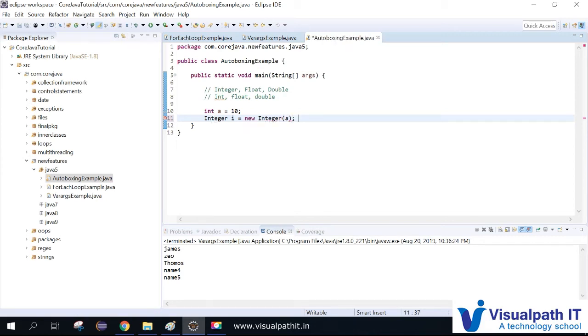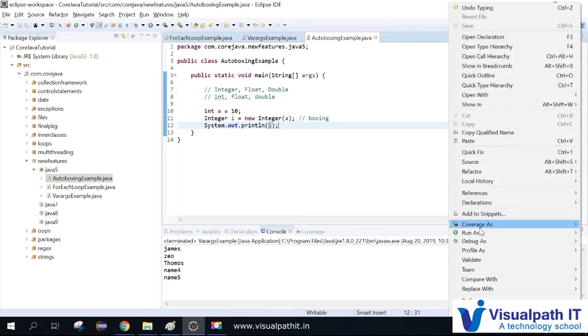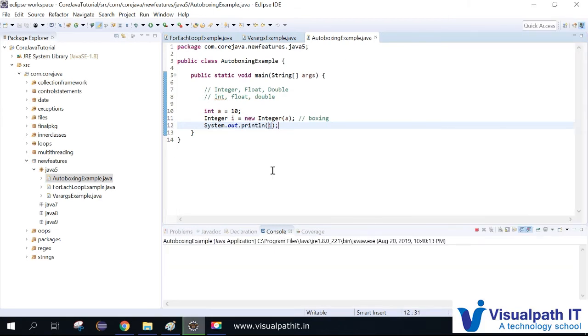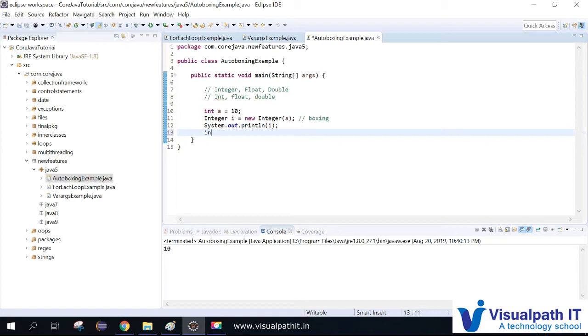So this is called boxing. If you print i, it will print the element value, which is 10. If you want to unbox it, then you have to do int j equal to i.intValue(). So this is called unboxing.